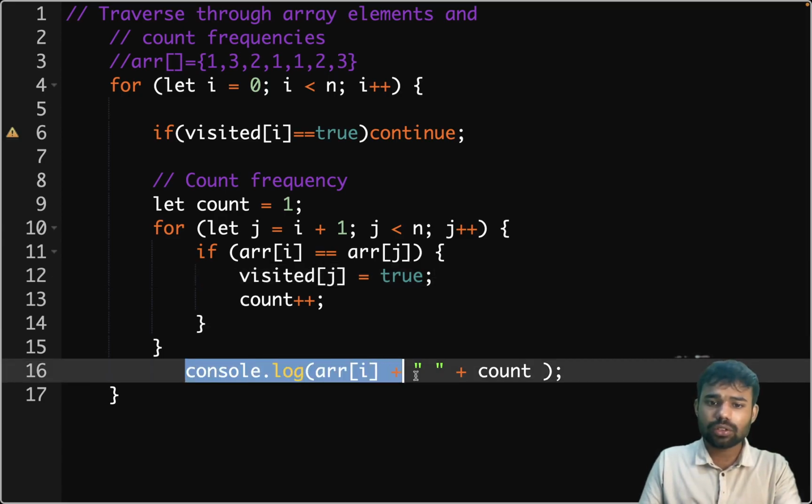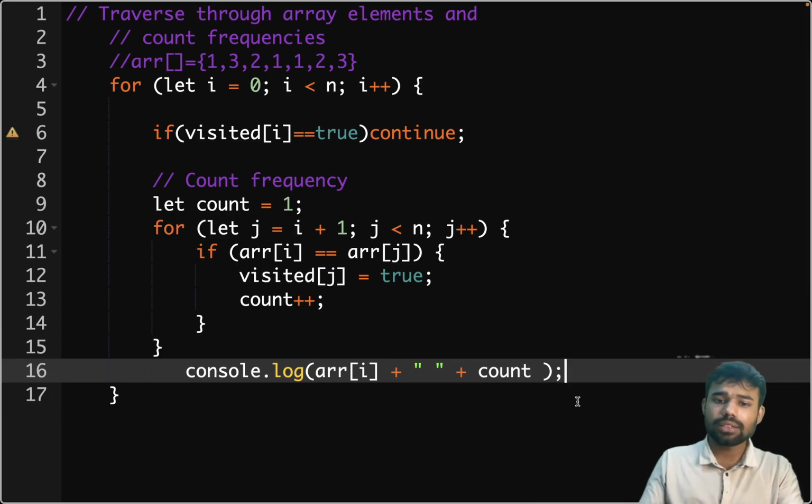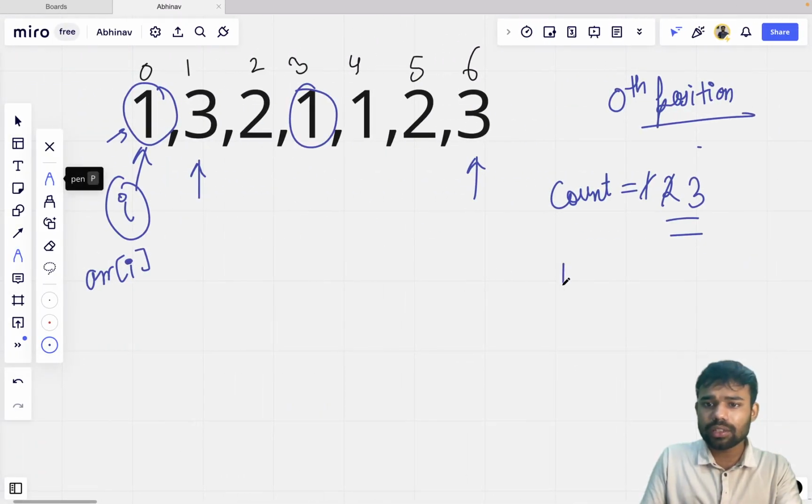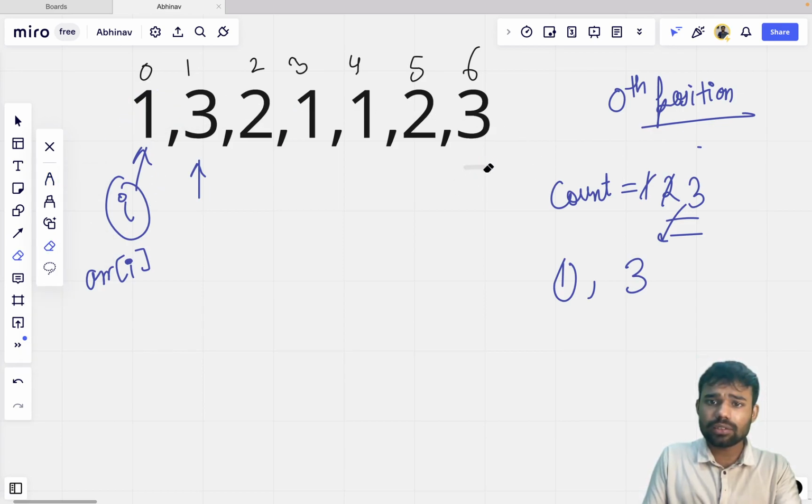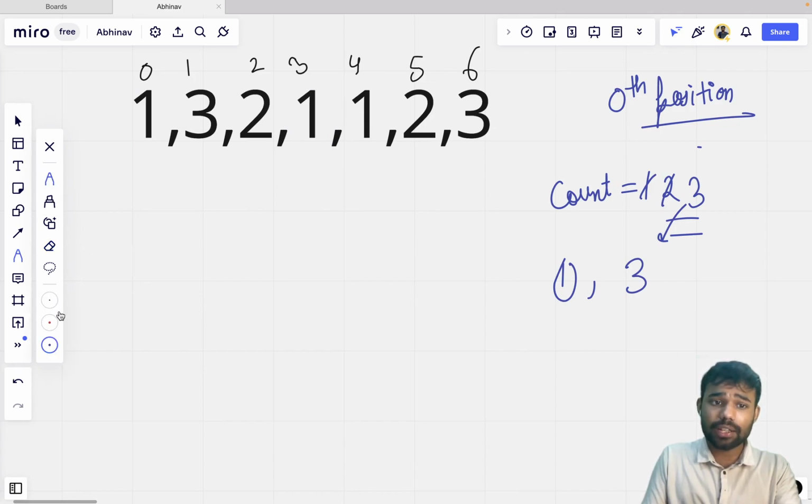And then we just print it, log it or anything. Means the frequency, the number and its frequency. You can see in this case the number was 1 and its frequency was 3. Similarly, in the next iteration, when there will be another iteration, so the value i will be now here, and